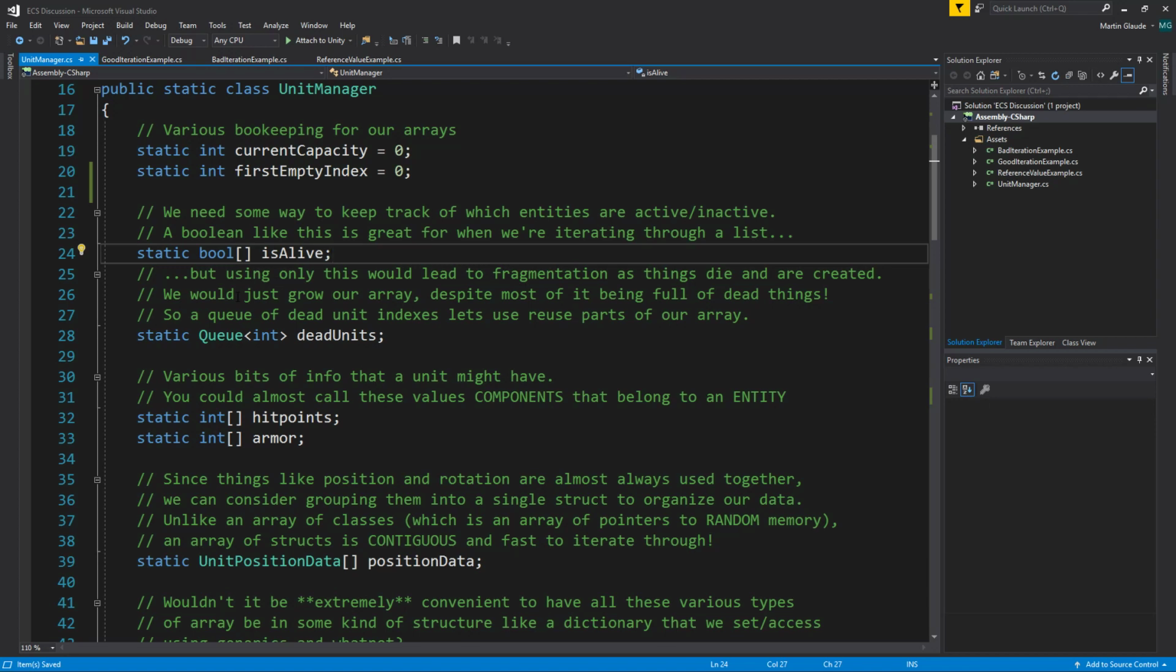And for enemy number 17, or entity number 17, we can find out, hey, is enemy 17 alive? What is enemy 17's hit points? What of its armor? What is its position? So instead of having a single object, probably an instance of a class that encapsulates everything about the enemy, instead